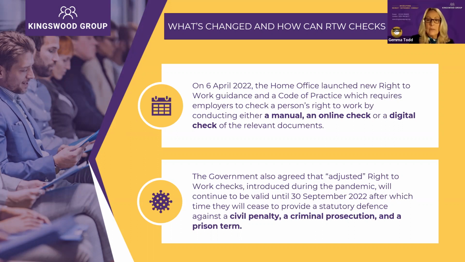The third way is via a digital right to work checking service, as I've mentioned before, the IDSP for British and Irish nationals. Now, you can use the identity checking part of that service for non-British and Irish nationals, but it will not give you a statutory defence against illegal working claims for anyone who is a migrant worker or a foreign national worker. So IDSPs allow employers to verify an individual's identity, that is, that they are who they say they are, regardless of nationality. But they cannot yet be used to prove right to work in the UK